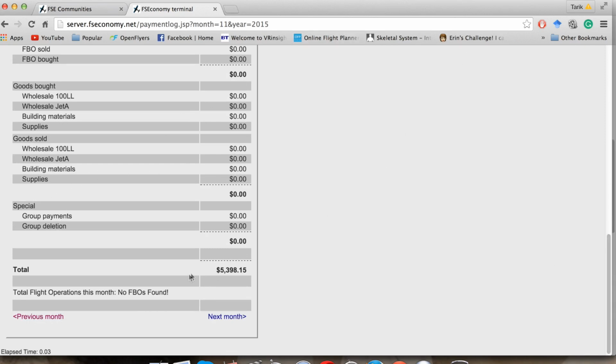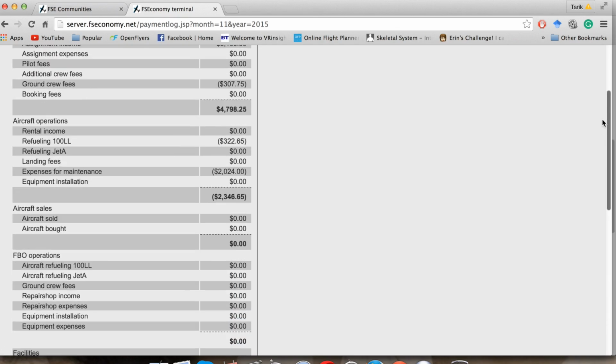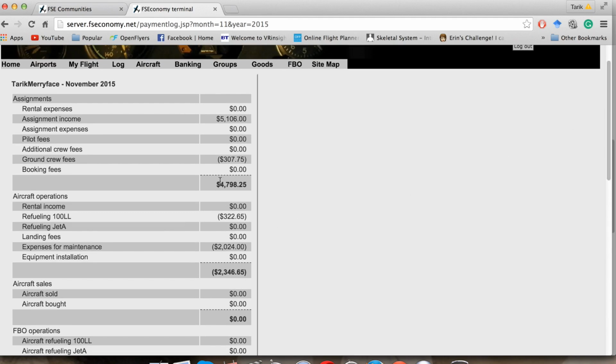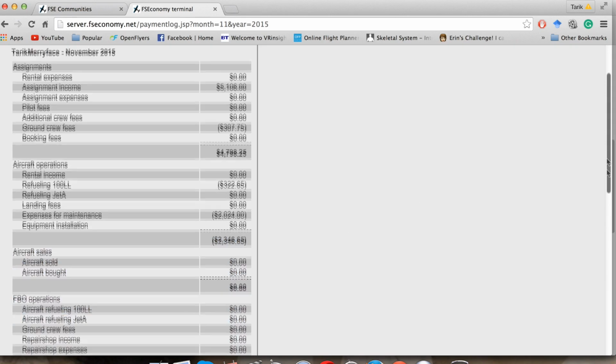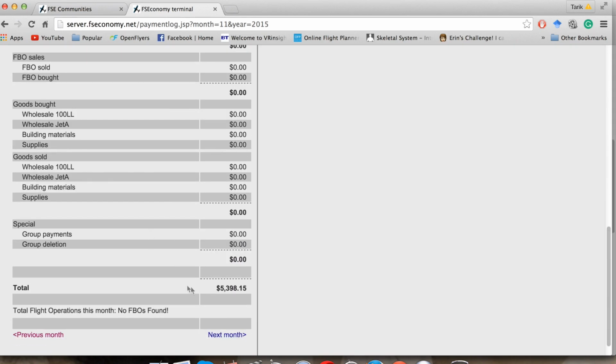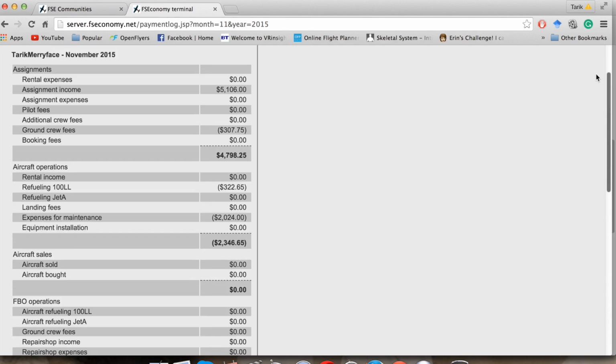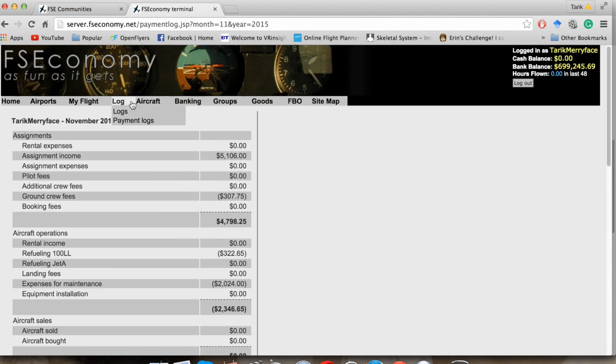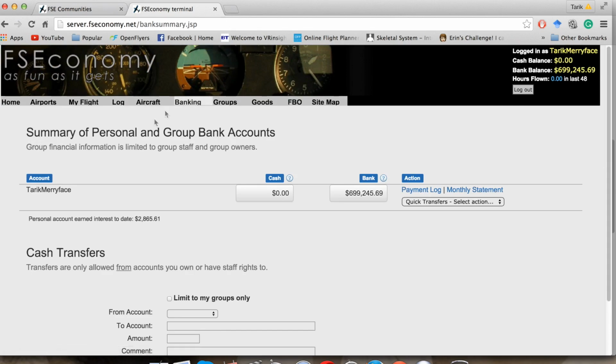And in the end, we've got the total. And you see that the total is a little more than I've actually made. As you can see here, it says I've made $4,000, but then here I lost $2,300. So really, it should be about $3,000. So why do I have $5,000? Well, there's one thing you're forgetting, and that is the monthly interest, which is why it's so important to put it in the bank. Anyways, with that being done, we can move down to the next section, which is the